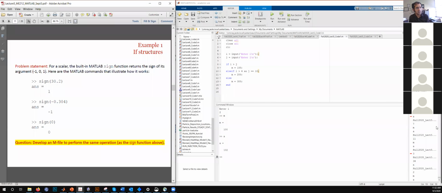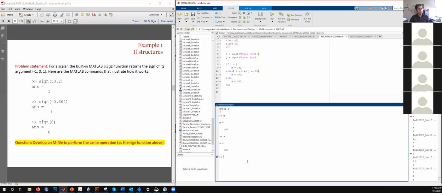Okay, so let's solve another example. First we are going to learn something new that MATLAB has as an inbuilt function, and then we are going to develop a similar function of our own.